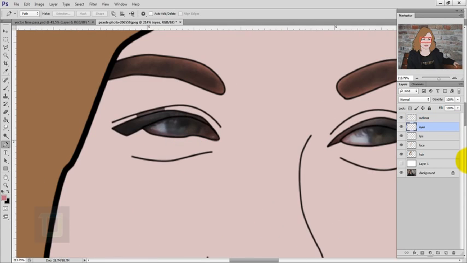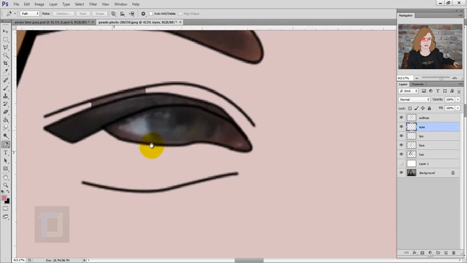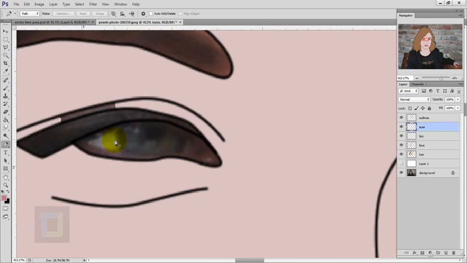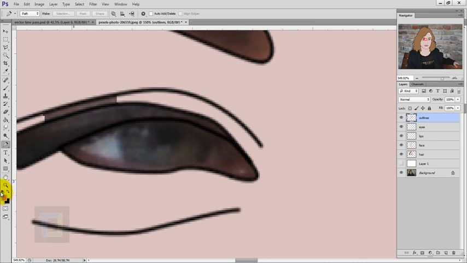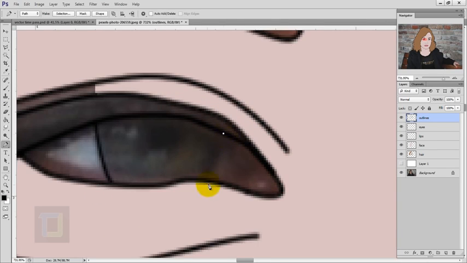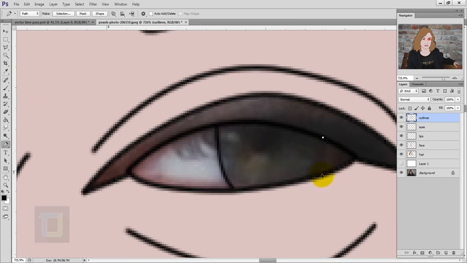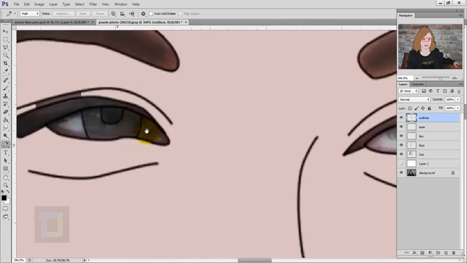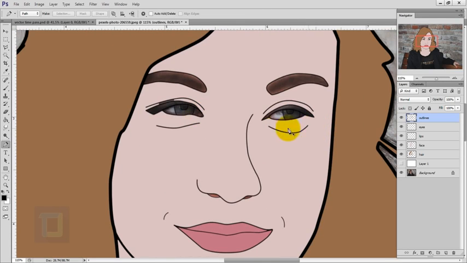Now as you can see, it was a mistake on my side and I forgot to draw in the details of the iris. So for that, I'm just gonna simply select my outline and quickly make some strokes. Okay, now better, and let's fill in the colors. So activate your eye layer and